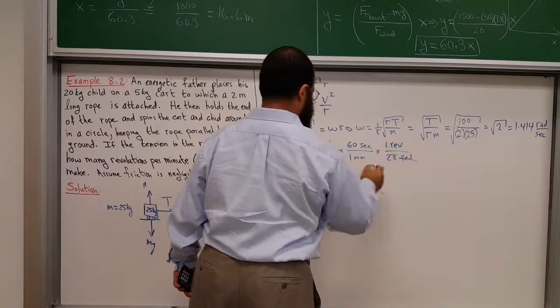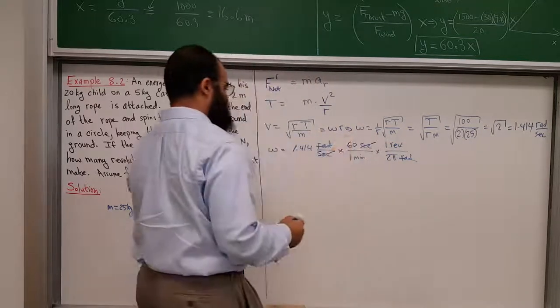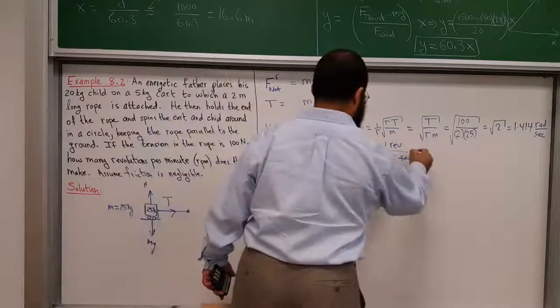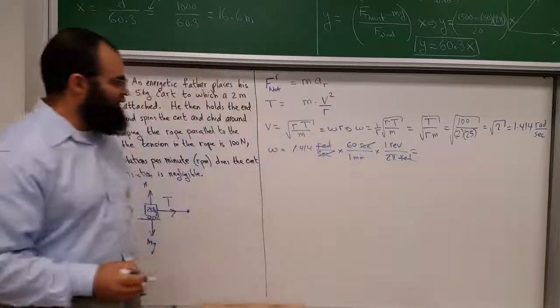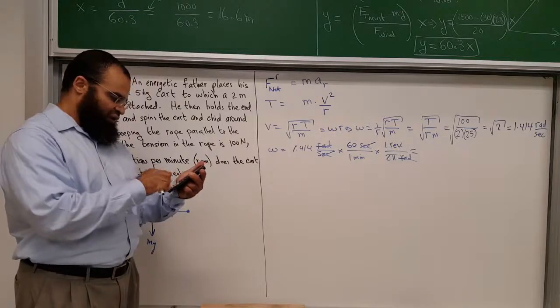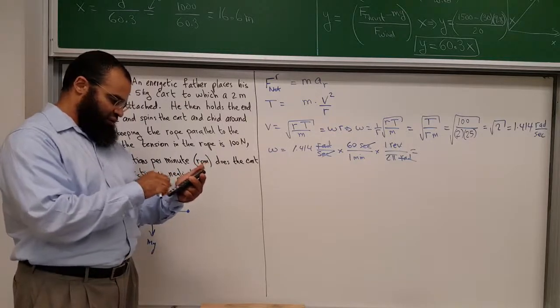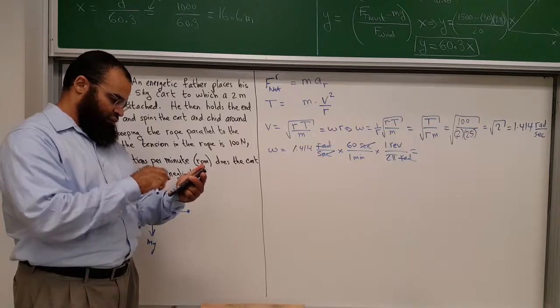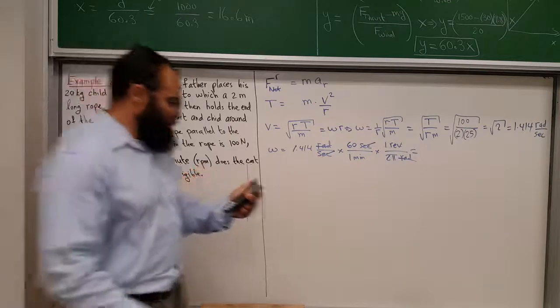You cancel seconds with seconds, and you just have revs per minute. So basically you multiply by 60 and divide by 2 pi. So let's multiply by 60, and we divide by 2 pi. And I get about 13.5